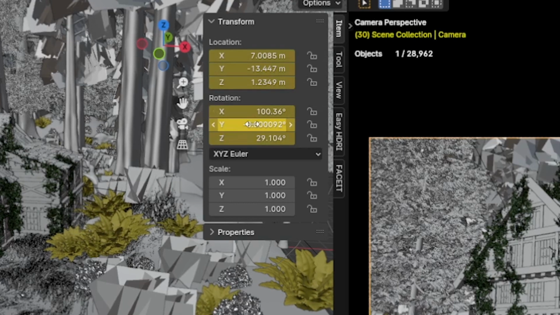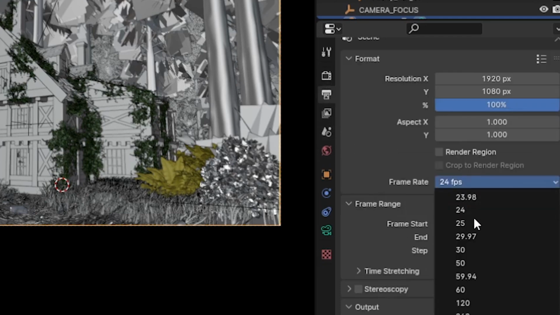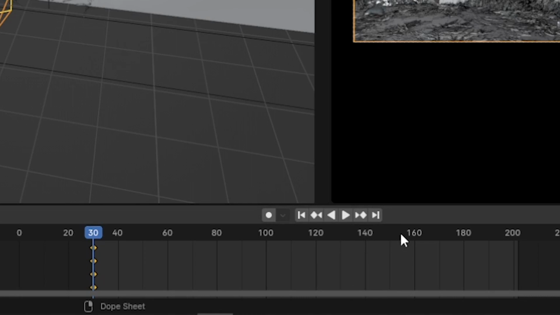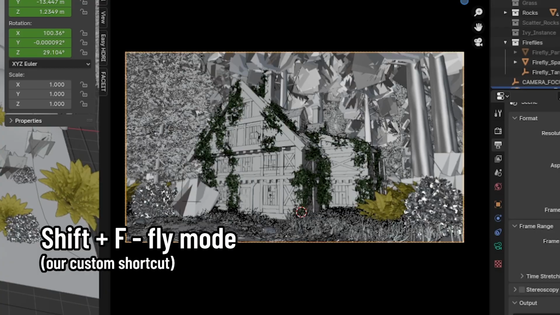Then add a keyframe for rotation as well. It's a good time before you do any animation to go into the output properties panel and change the frame rate to 25, because this is what we'll export in. Then move to something like frame 155, and in the camera view, press Shift and F to activate our flying